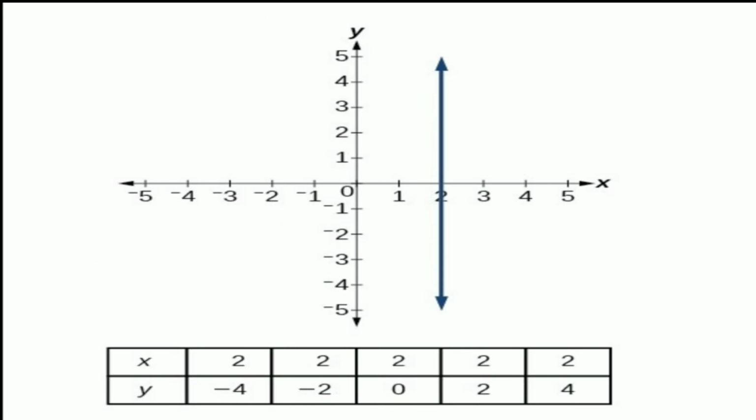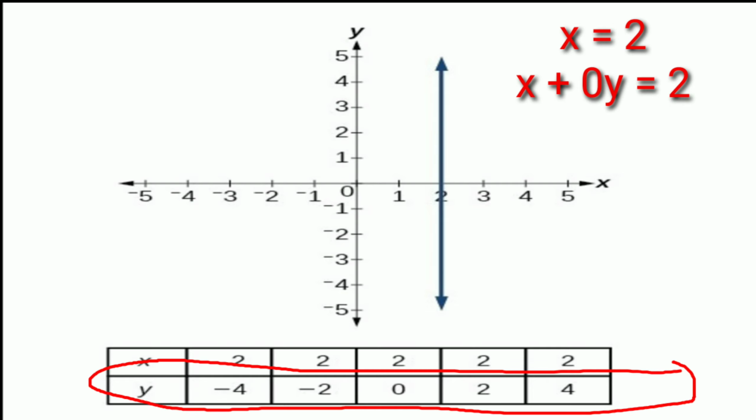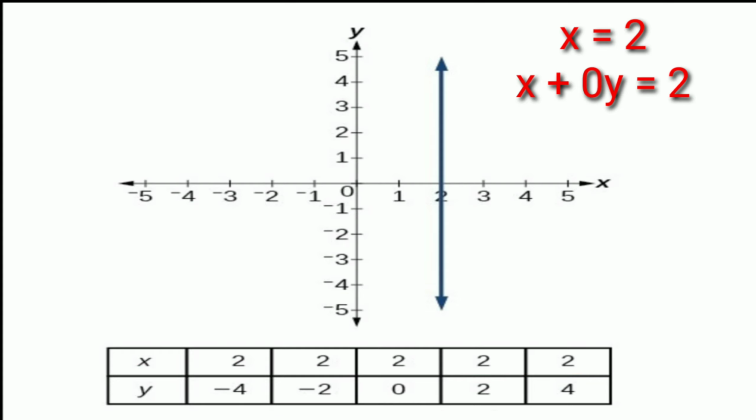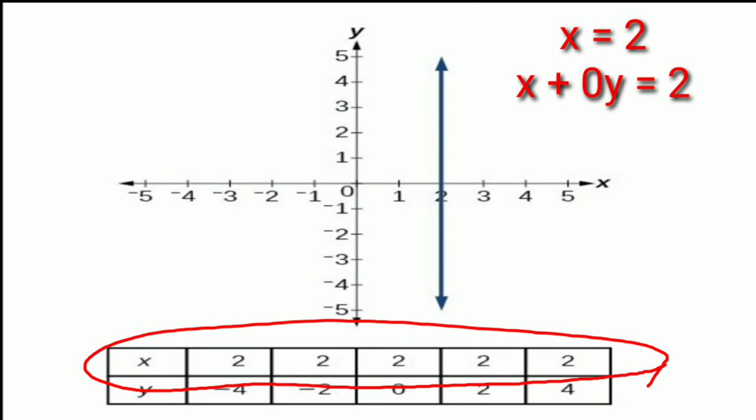As against the previous case, we have one more special case of a linear equation, for example, the equation x = 2, which is in the form of a constant function, f(y) = c, and can be written as x + 0y = 2, and can be considered a linear equation in two variables where the coefficient of y is 0. For the solution of x + 0y = 2, we assume y = -4, -2, 0, 2 and 4, or any other value for y, and we will get the same answer, that is 2.